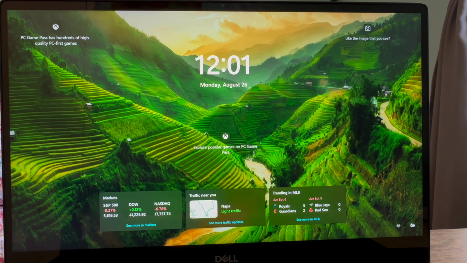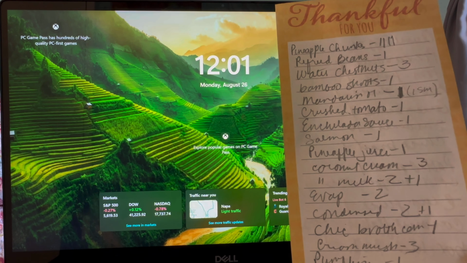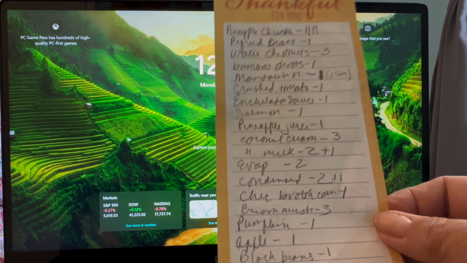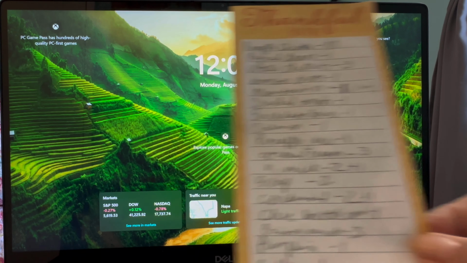Hi guys, so I'm going to show you how I am going to build a Word table for my list. Okay, so